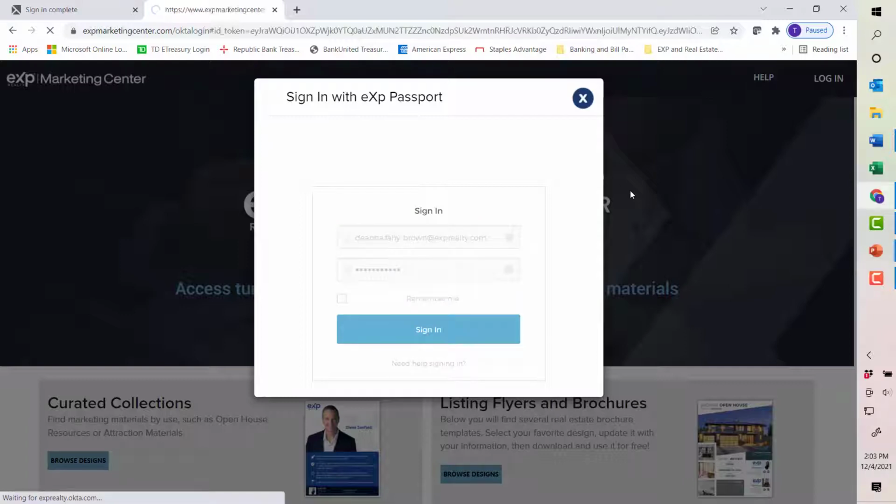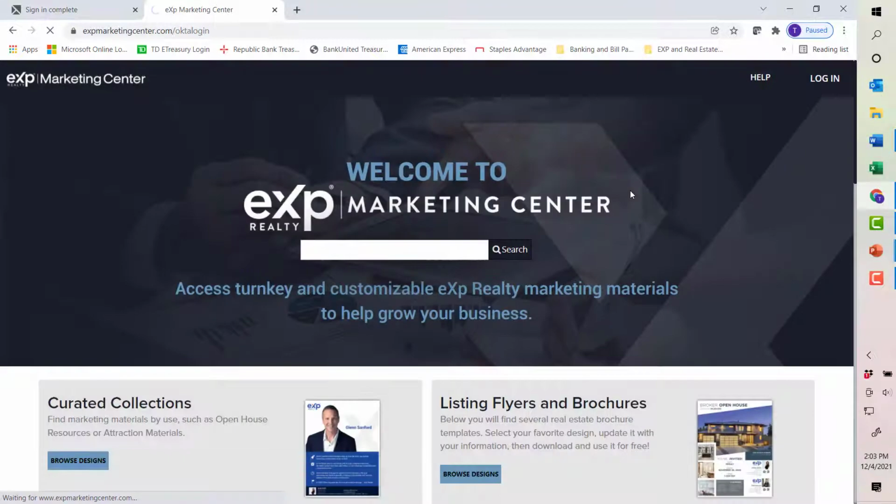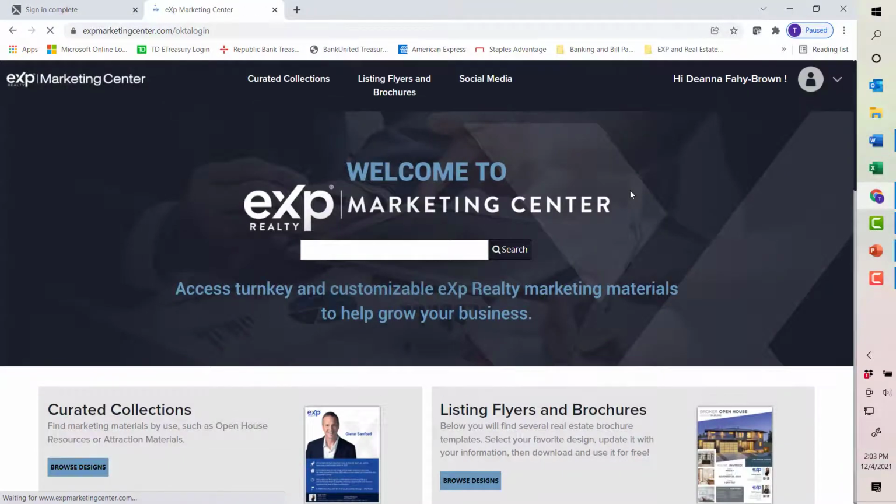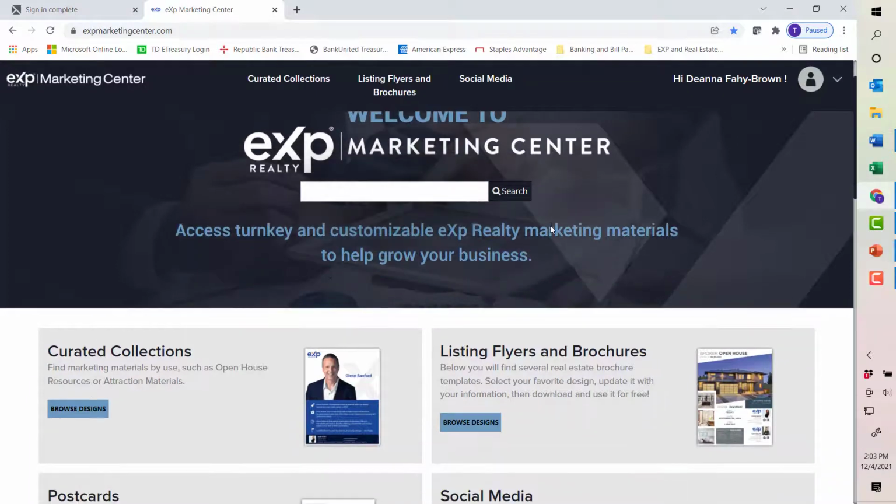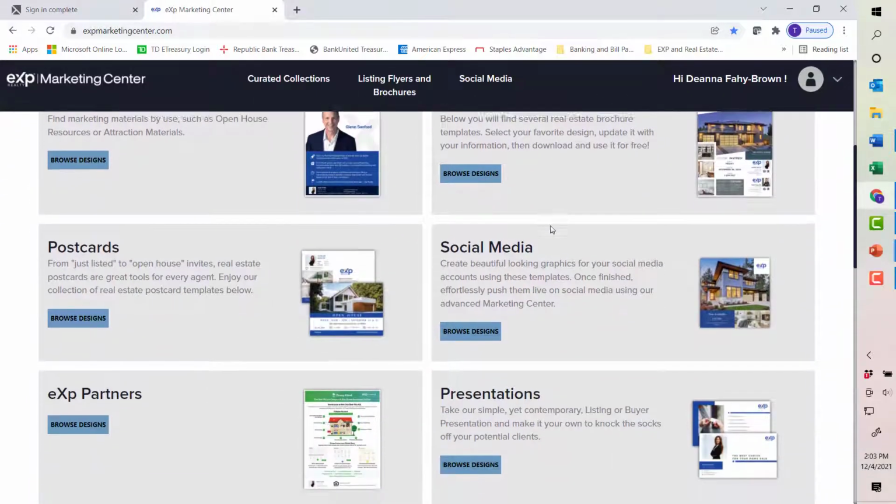You also, as a brand new EXP agent, have the opportunity to receive 1,000 free business cards and 25 free presentation folders. You'll want to come here to the Marketing Center in order to be able to capitalize on those free materials. When you first log in, you'll notice that you can scroll down to see a